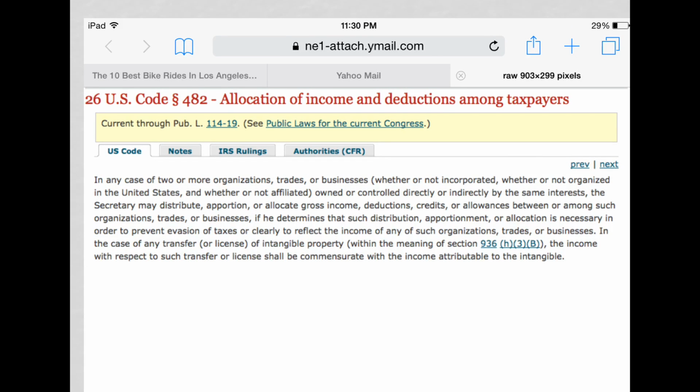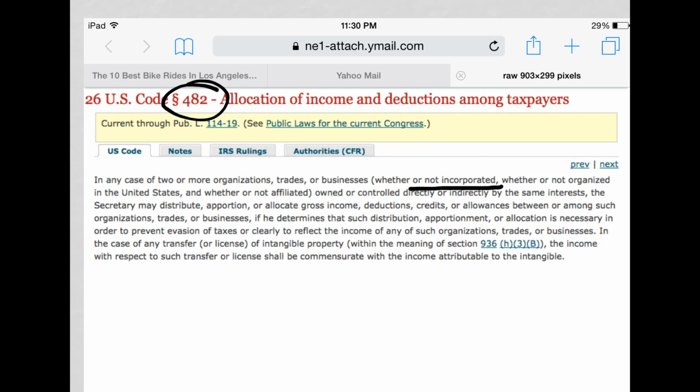What we're going to talk about is Section 482, which is the reason why I didn't remember the section last night, because it's not in the 900 series of code sections that we usually are accustomed to using for international taxation topics. But it's Section 482, and the reason for that is it's been around a long time. That's number one, and it applies to all types of organizations, whether or not incorporated in the United States,